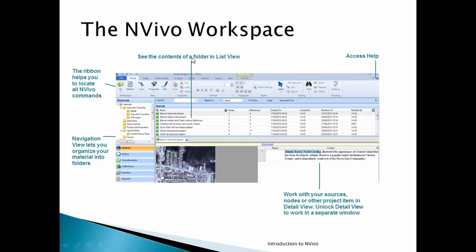You've got the contents in a list view, so when you click on a folder along your navigation pane here, it'll open it up and tell you what contents are in that. When you click on one of those, then you get a detailed view. So if you clicked on the top one here, it will give you the detailed view of what's in that file. You work with your sources or other project items. You can also unlock this detailed view. You can play around whatever way you want to format this screen. You can take out these boxes and leave them down here, whatever way works best for you. I find that down the left hand side, the default setting is quite good,